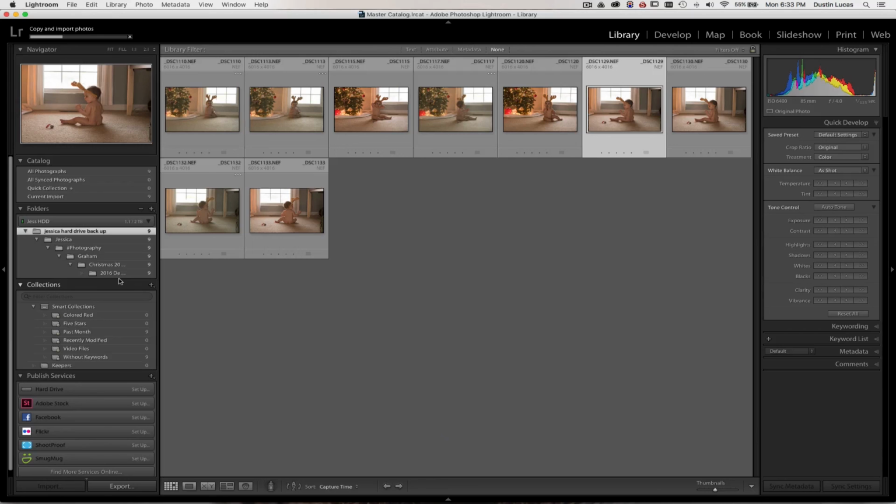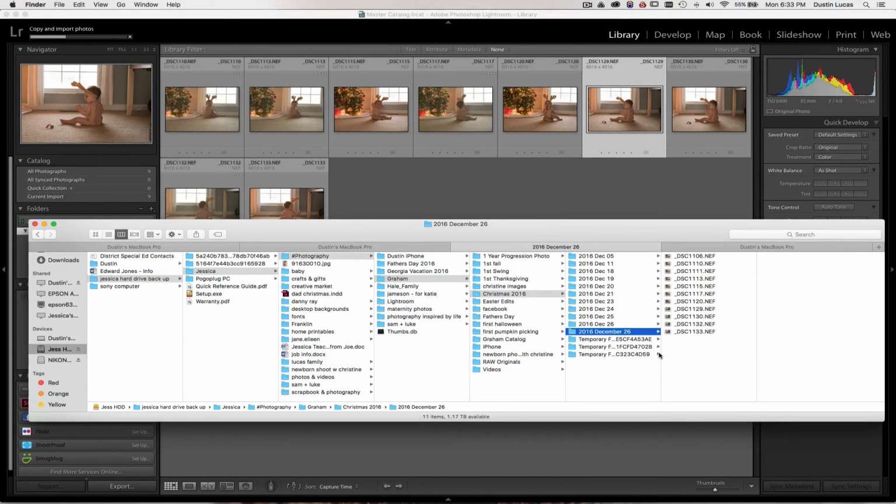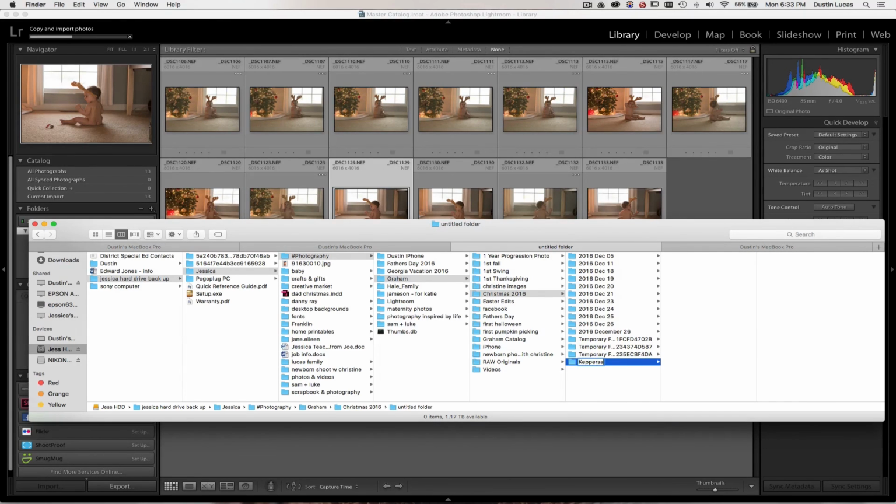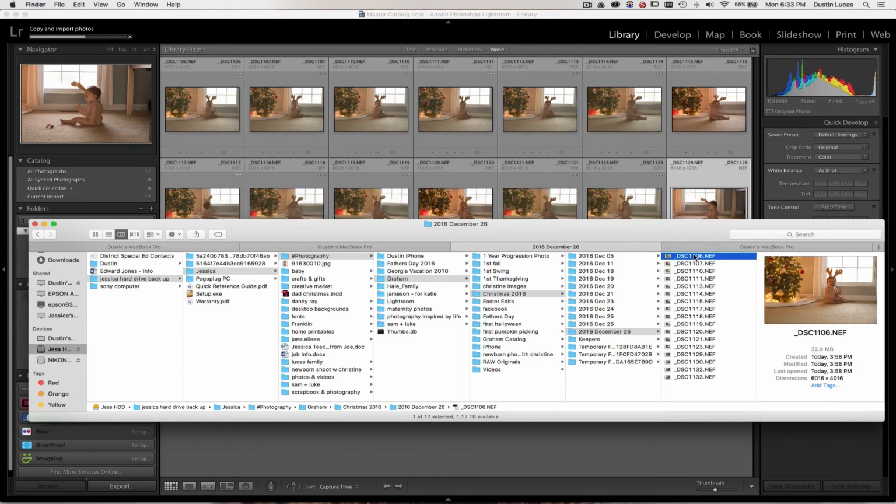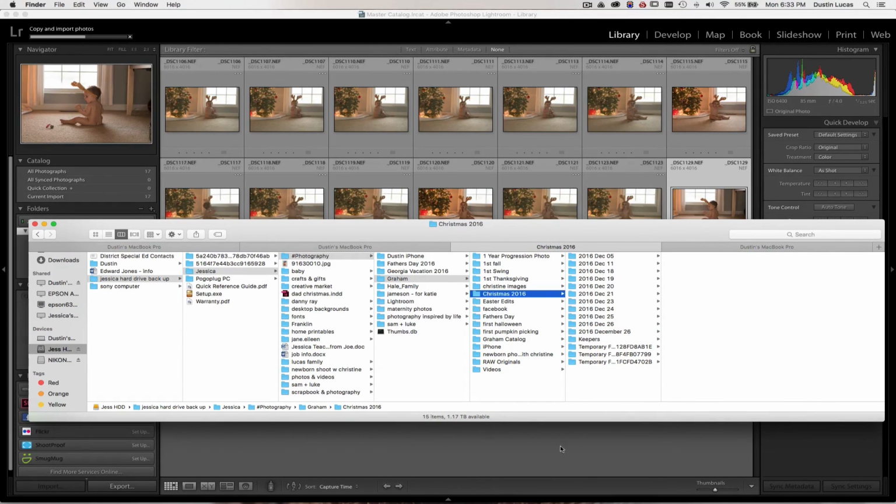Now once these finish copying and importing, I'm going to show you the problem that starts to happen when you change folder names. So for instance, let's say I create a new folder in here and call it keepers, if I can spell correctly. I'm just going to create a new folder in here, which is fine. Doesn't do anything to Lightroom. But let's say once these photos are done populating in here, I just take them and I move them into that folder. So once this finishes up,